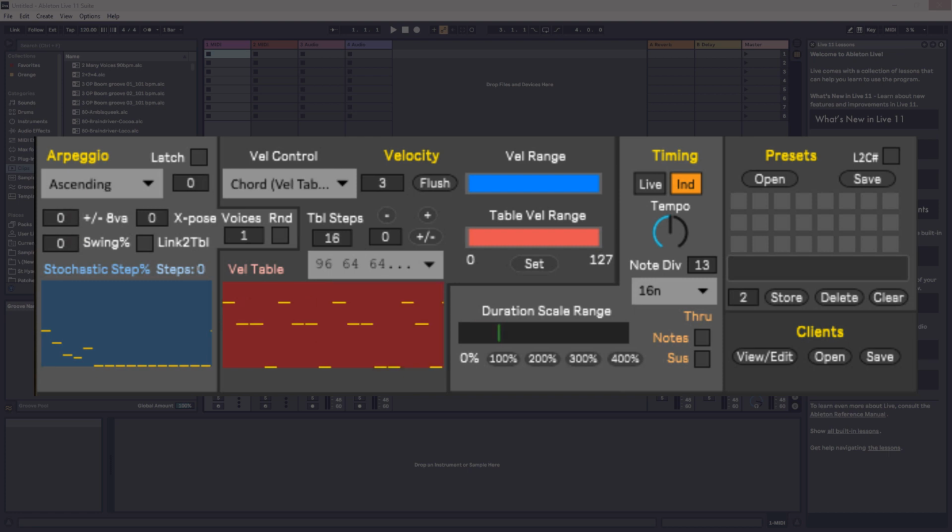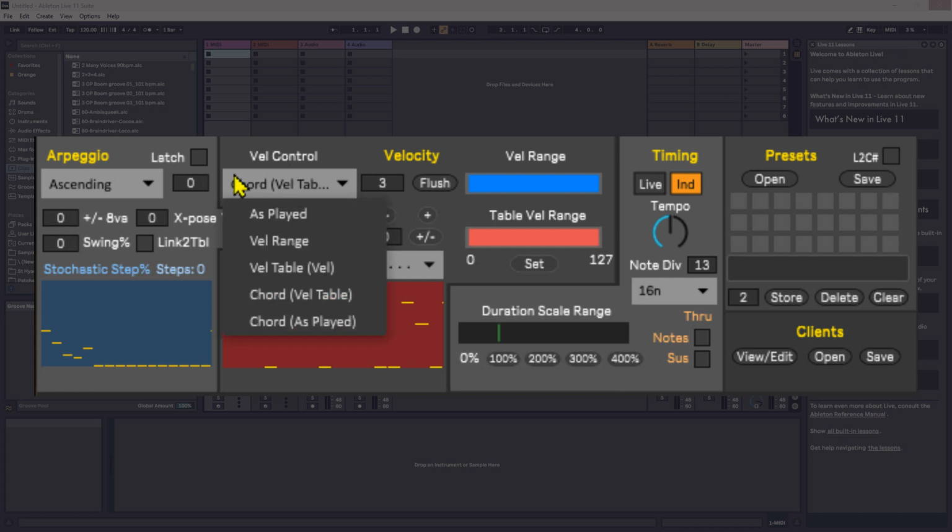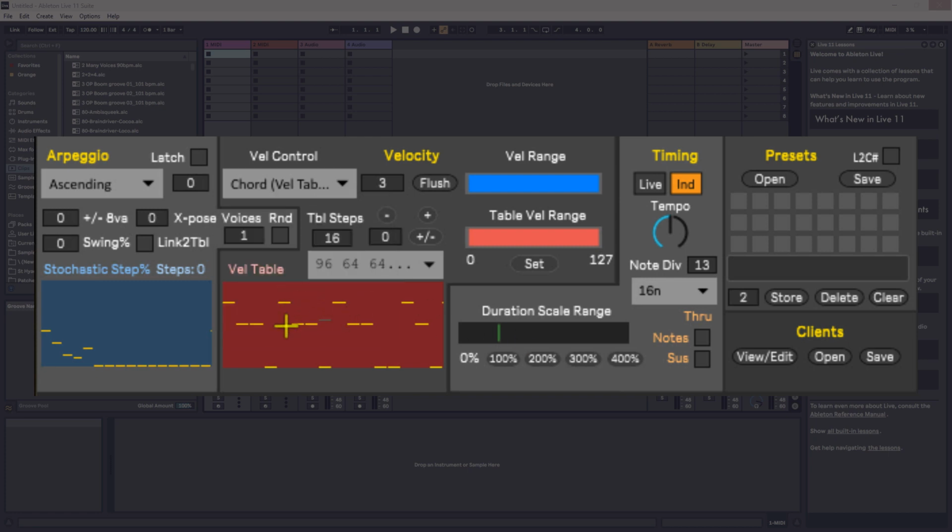We've added functionality to rhythmically play back chords. Using the Vel control menu, we can select from 2 new options. The first, Chord Vel Table, will play back an input chord in the rhythm and velocities selected or drawn in the Vel table. You can select the chord pattern from the menu, or you can draw a pattern in the